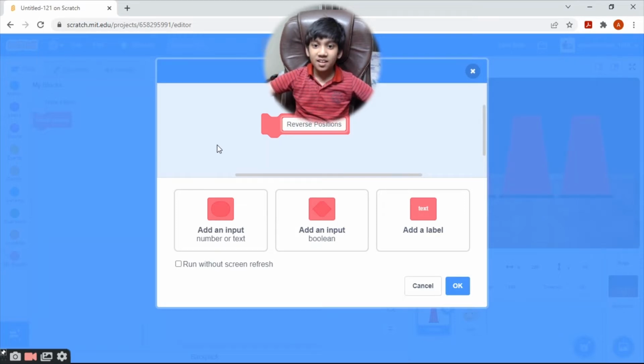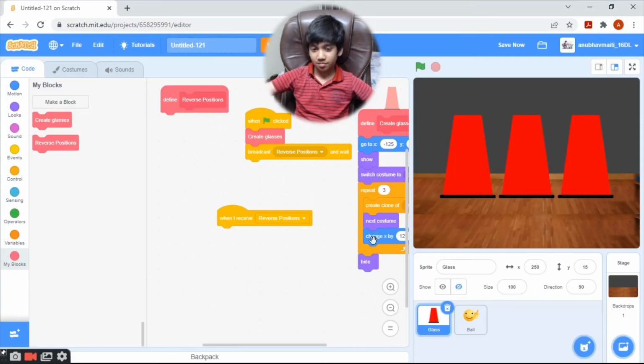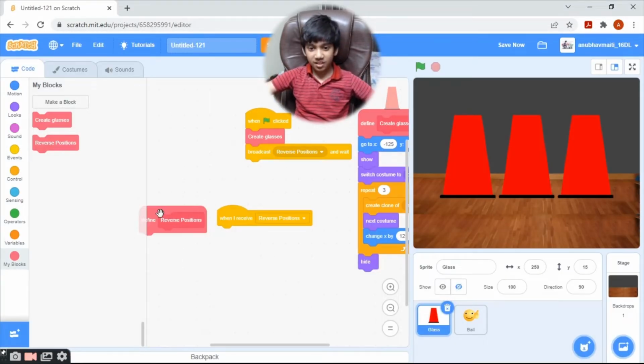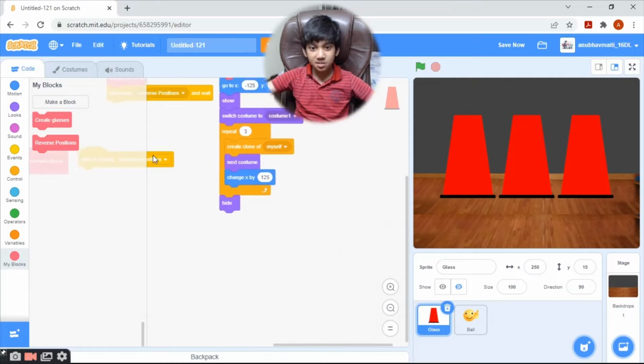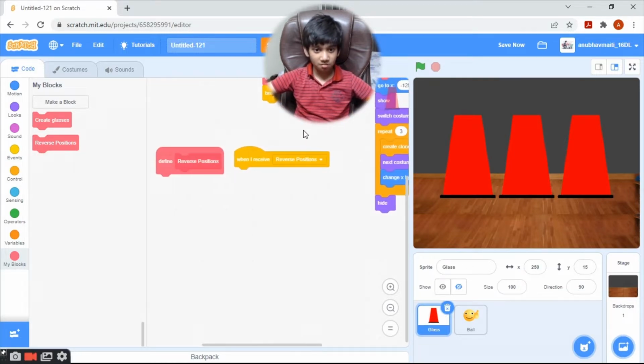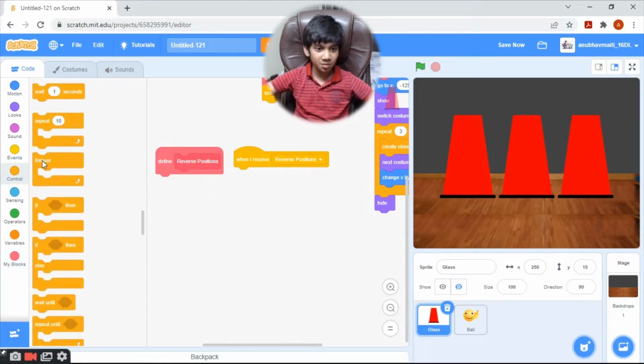And remember, this also needs to run without screen refresh. And let's click on OK. And here I'm putting the define reverse positions custom block. So when I receive reverse positions,